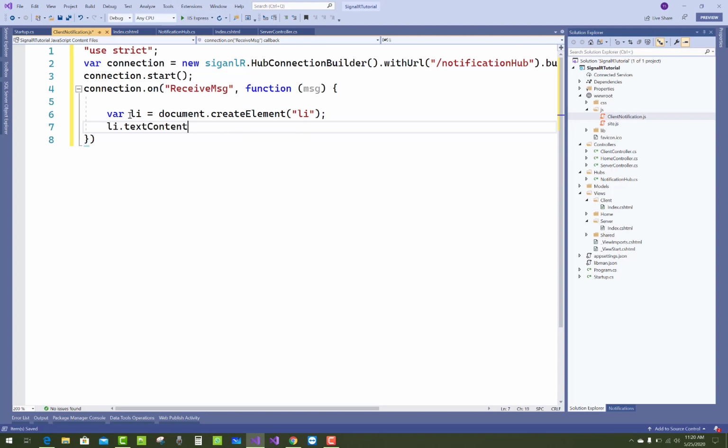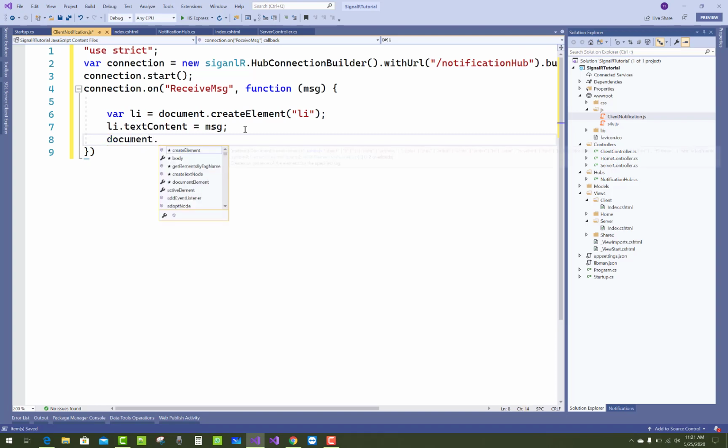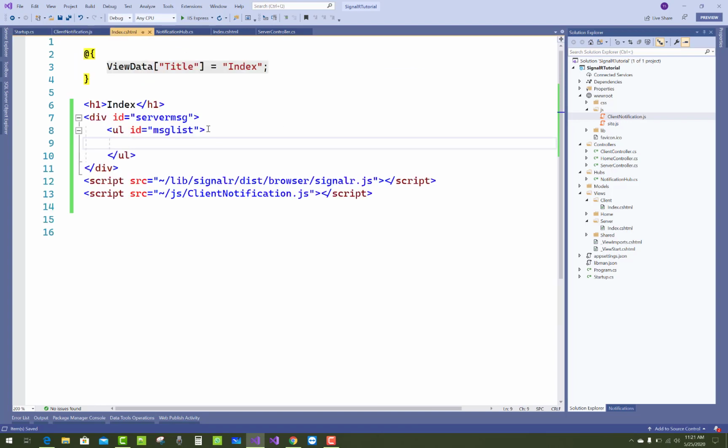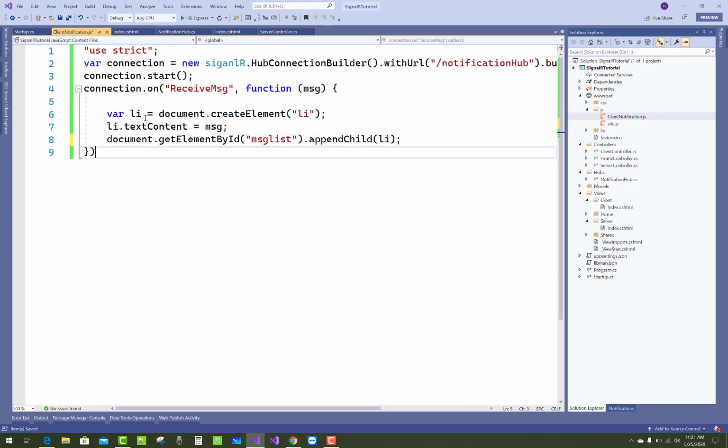First of all, textContent, li.textContent equals msg, and append that li into the ul tag or ol tag that is created in the index.cshtml file. document.getElementById.appendChild, that is li, and open just the index.cshtml file of the client section, where the message msg list is in the ul tag, just paste it here.